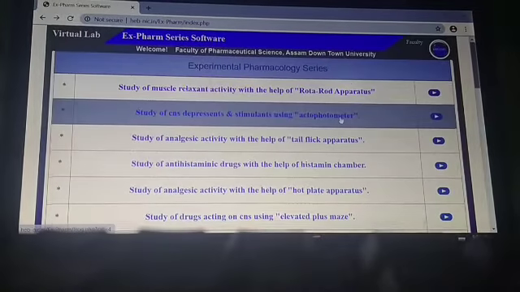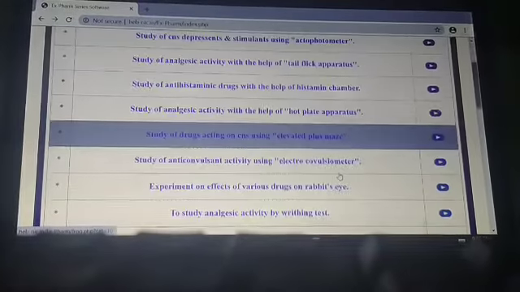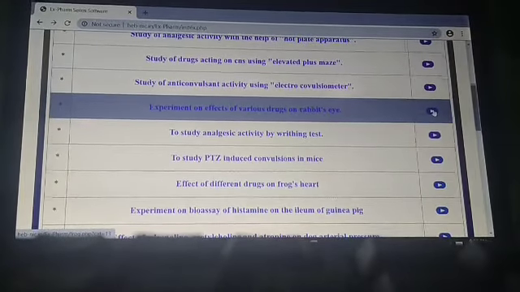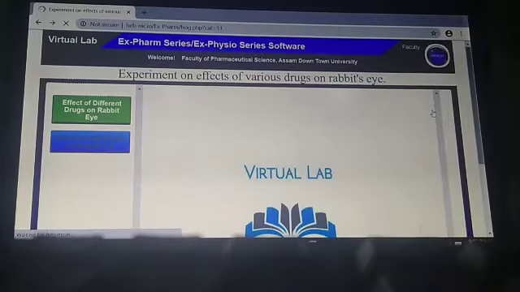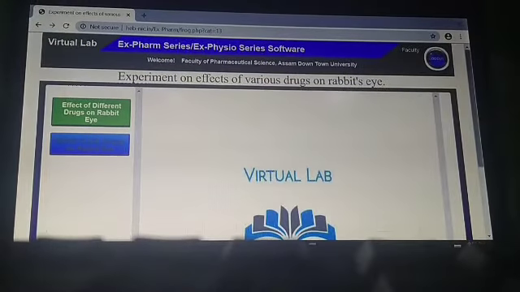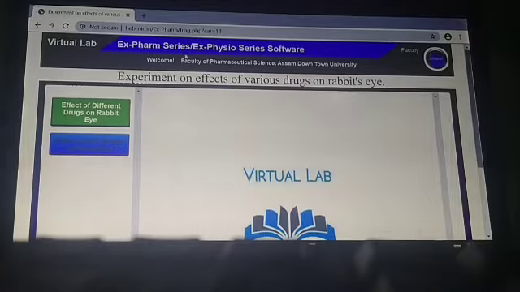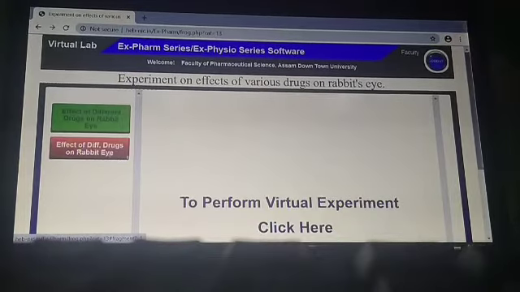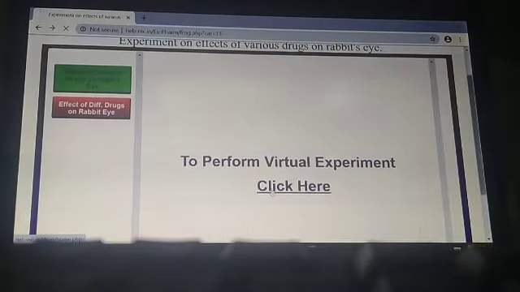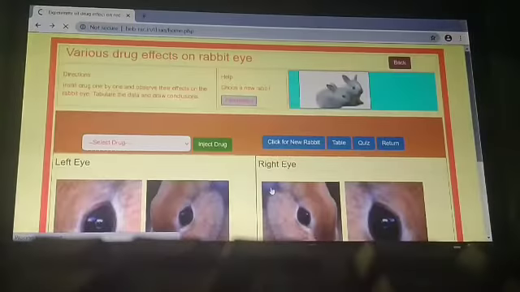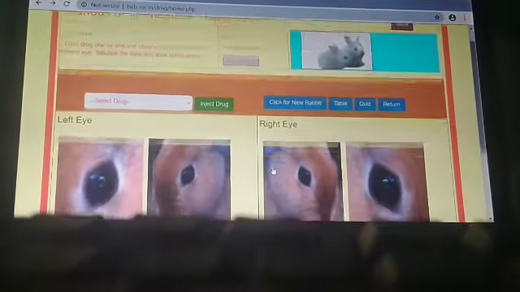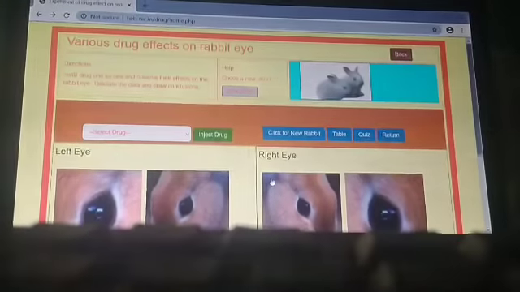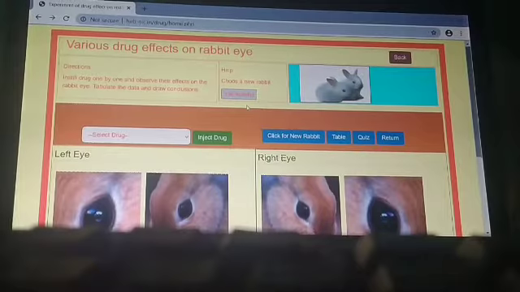then I have to select the experiment from this. So here is the effect of drug on rabbit eye. This is our XFAM series for XPGO software. So we'll click here. This is the experiment where we have to perform it. So first of all we will see the